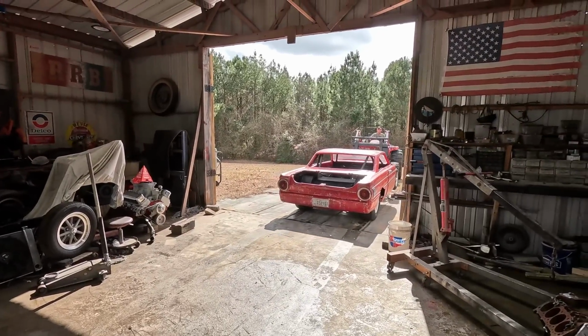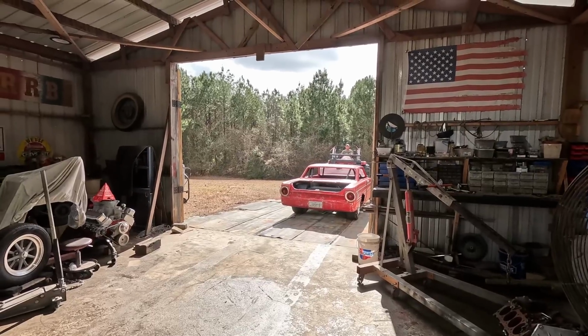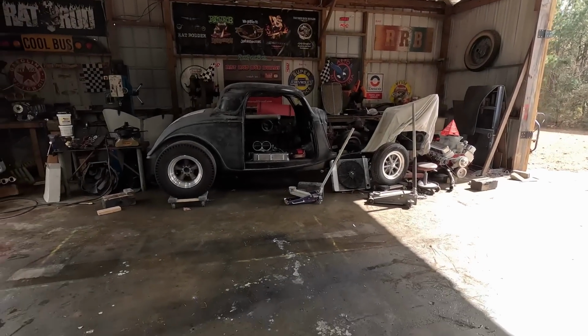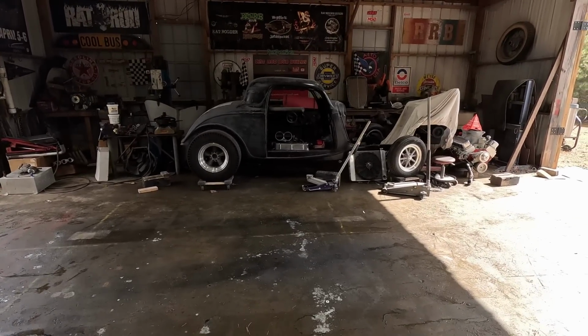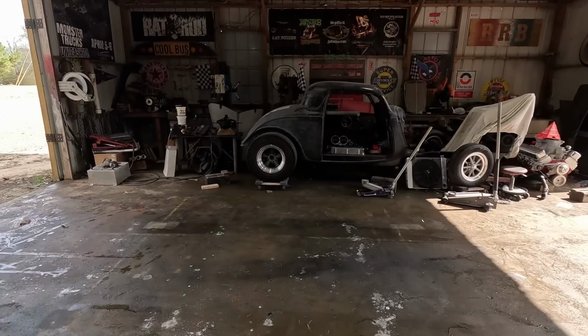So the Falcon is going in storage for a week or so while I'm waiting on a radiator and other parts. We'll get the 34 over here and get the body off the frame and start getting the frame ready to weld up, mount the steering box, all that good stuff. So yeah,